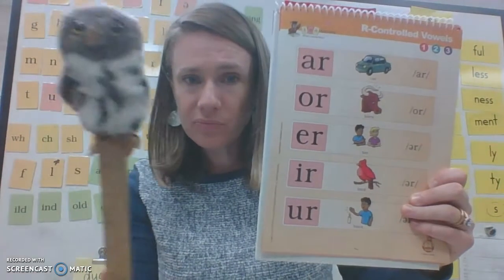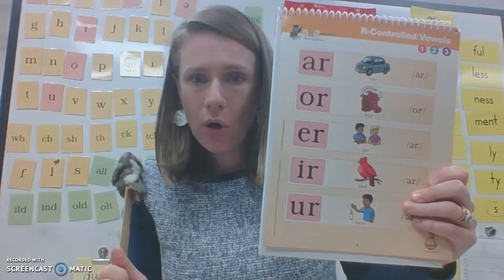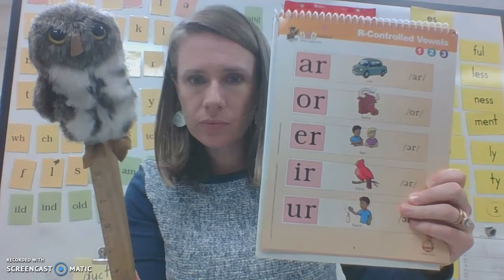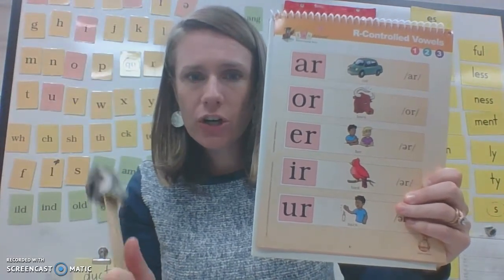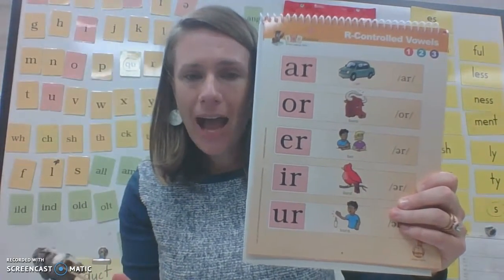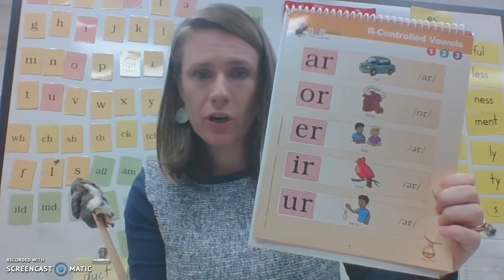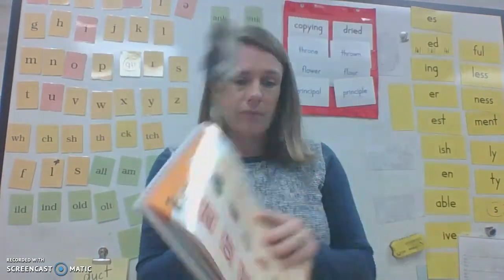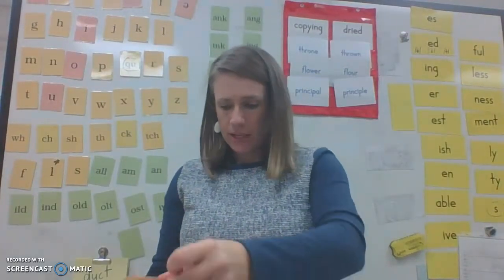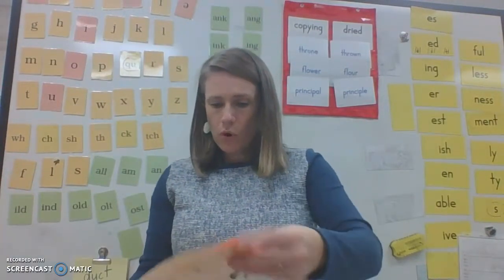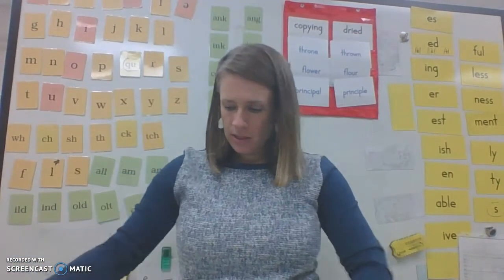AR car, R. OR horn, or. ER her. IR bird. UR burn. Very nice. And today I would like us to review one row of our vowel sounds, and that row would